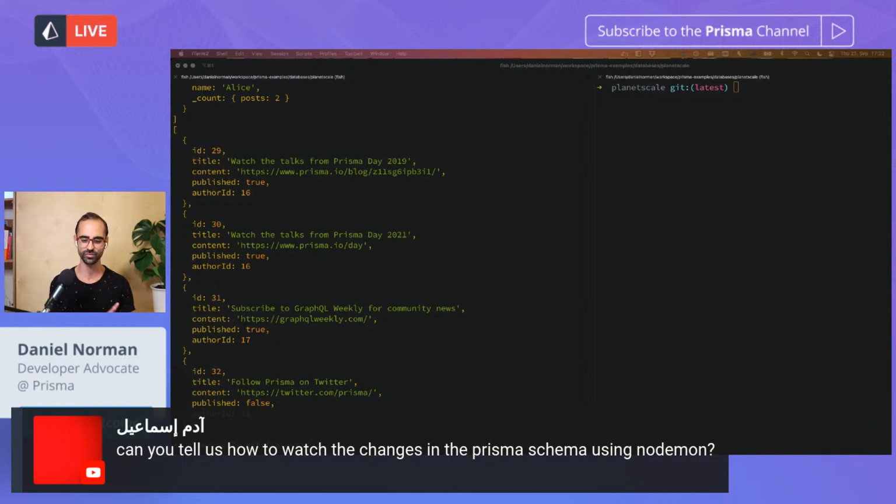And how this relates to the Prisma schema is actually, so this is not an actual thing that you can do, because when you change the Prisma schema, you're not actually changing any of the Node.js code that is running. It's really running, for example, Prisma generate that will require Nodemon to restart.